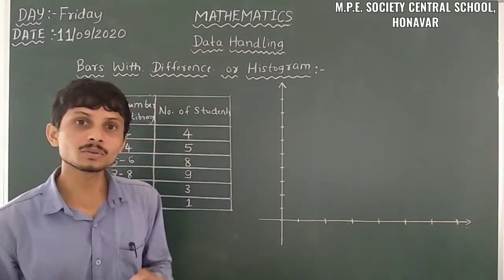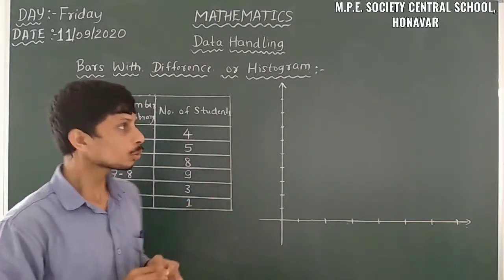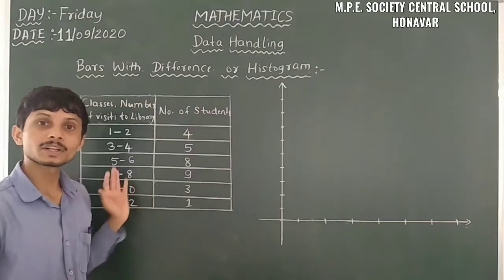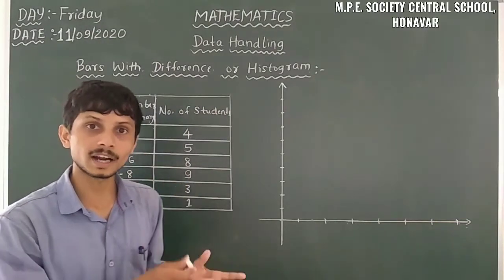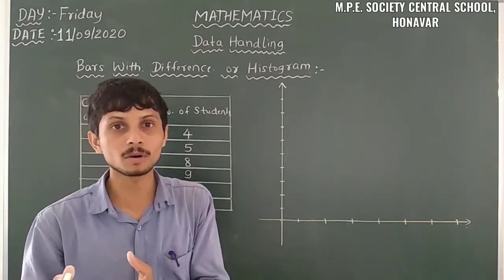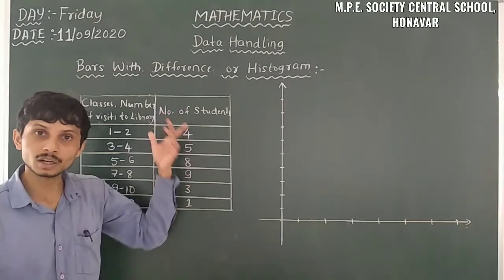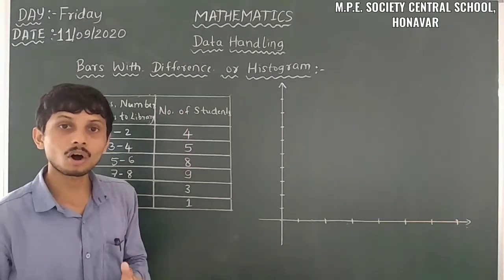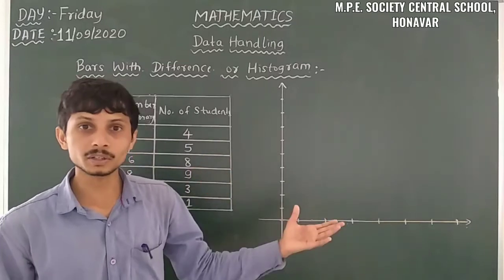So here we have to take the histogram. Just observe, this is a frequency distribution table. From the unorganized form of data, we are converting it into an organized form. This is the organized form of data, because it's an organized collection of data here. After that, what do we have to do?